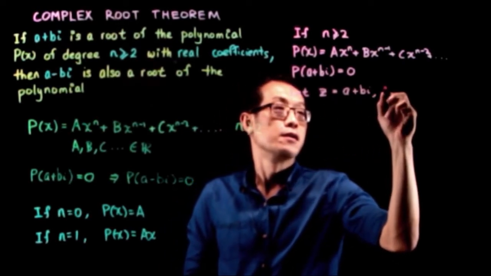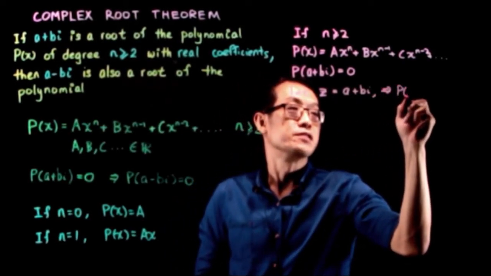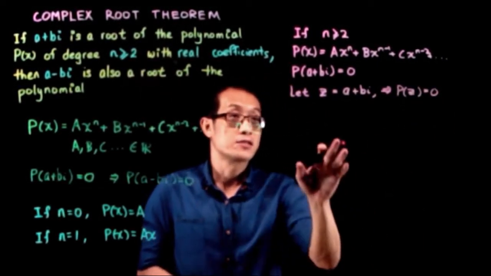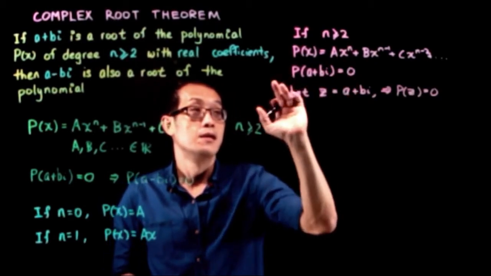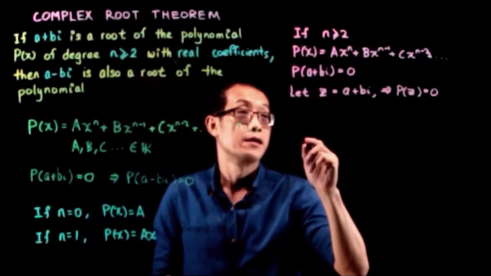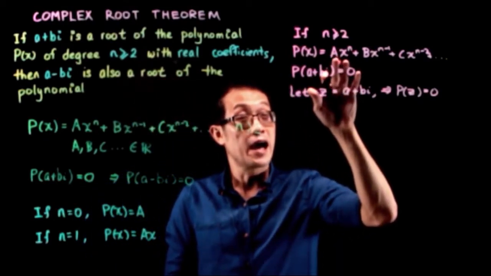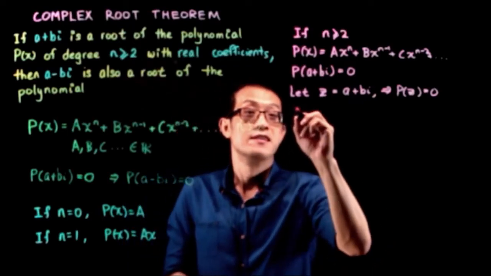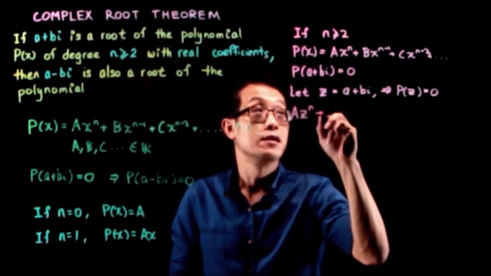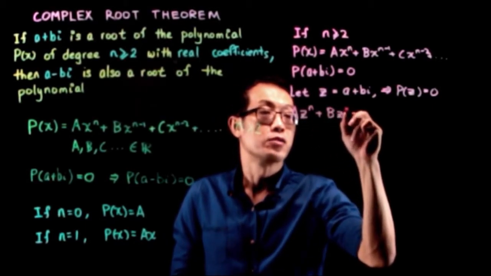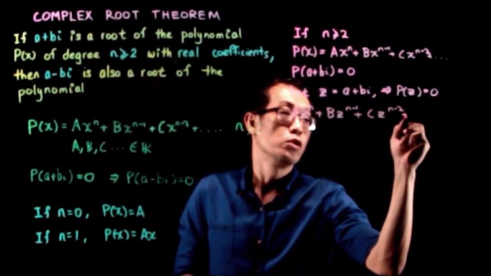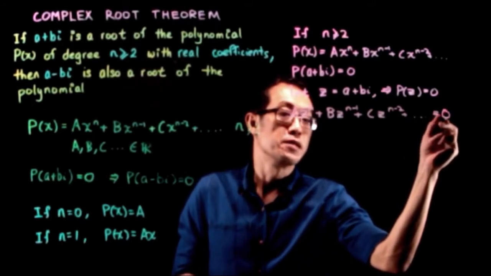It implies p of z equals 0. Okay, let's replace x with a plus bi, or let's replace x with z. Now then you have a z to the power n plus b z to the power n minus 1 plus c z to the power n minus 2, and so on and so forth,